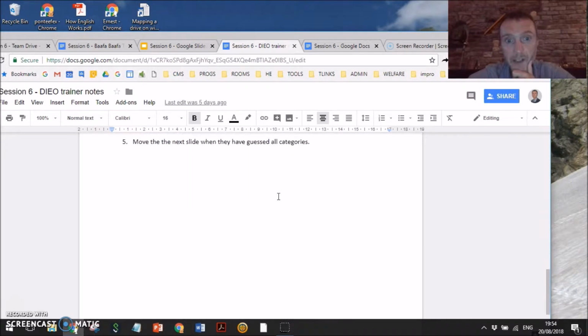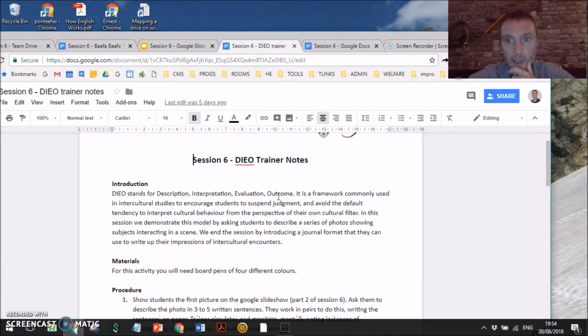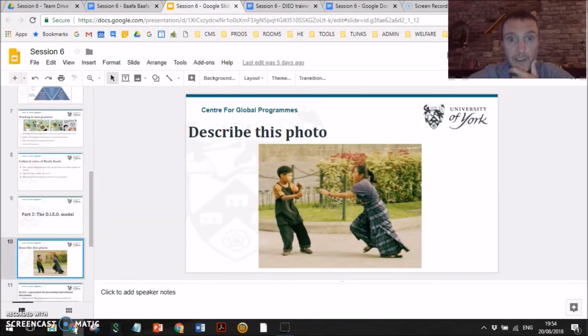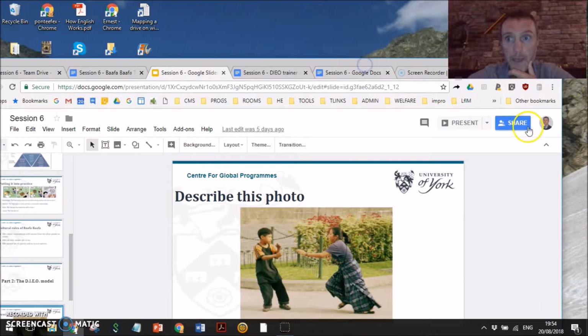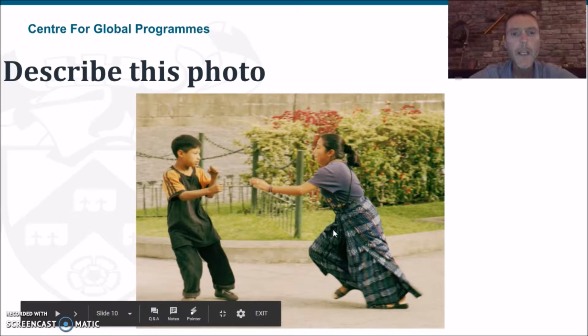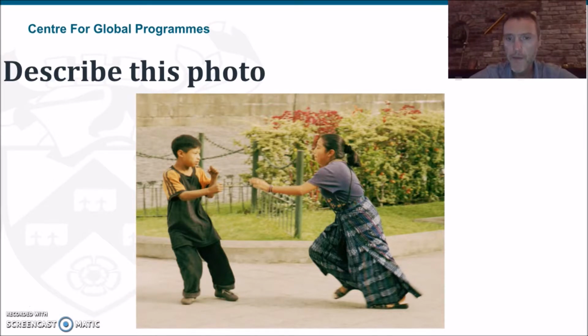I won't describe this in detail. Again, you just simply read these instructions, and you'll be very clear how to deliver this session. Just to give you the basics here. You ask the group to describe this photo, and you'll have sentences like the girl is trying to attack the boy, the boy shouldn't let her take advantage of him, he's trying to defend himself, he looks scared, and so on. So you get the students to write down about 5 sentences that describe this photograph,